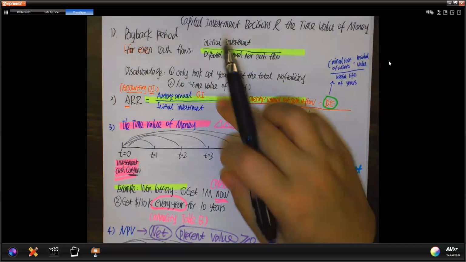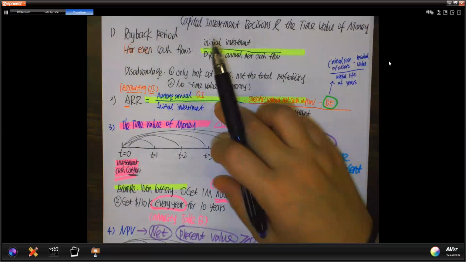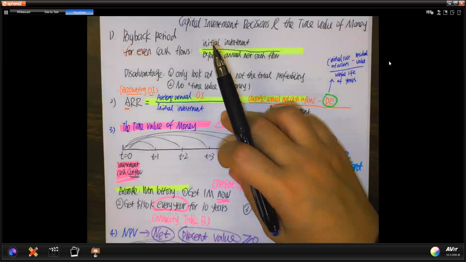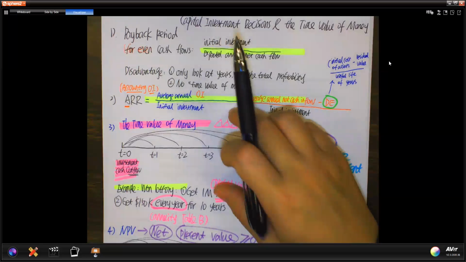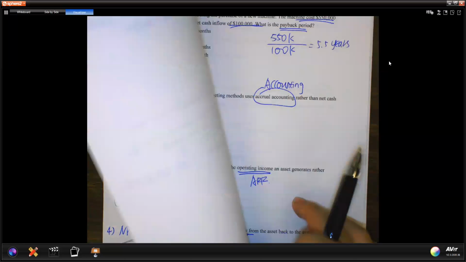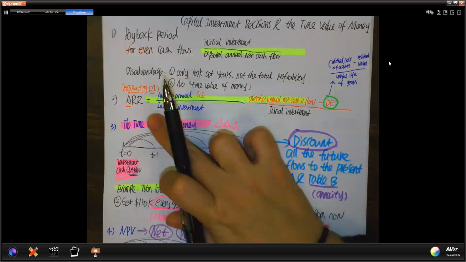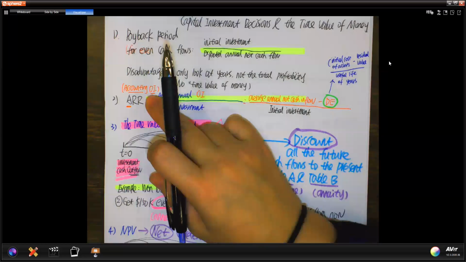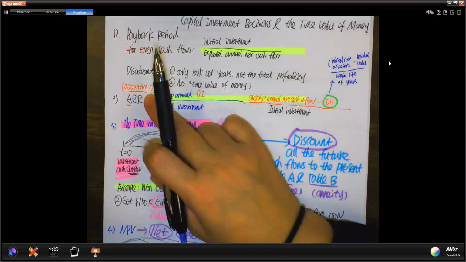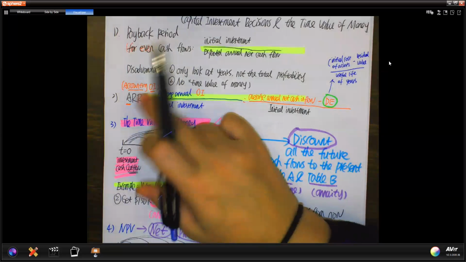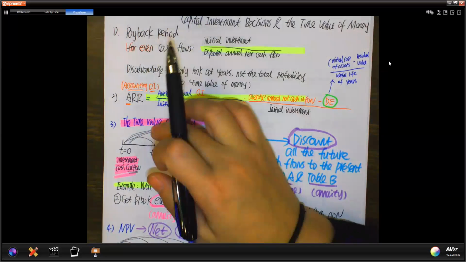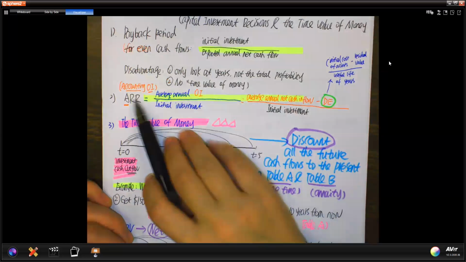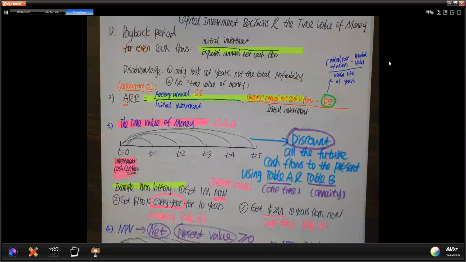And then second one, we talk about ARR. I will just tell you, you definitely will have the calculation for ARR. Make sure you know this one. There is a good practice there. We talk about that later. But ARR is accounting operating income. So this is the only measure using accounting operating income instead of the cash. All the other three, they use cash. ARR uses accounting operating income.